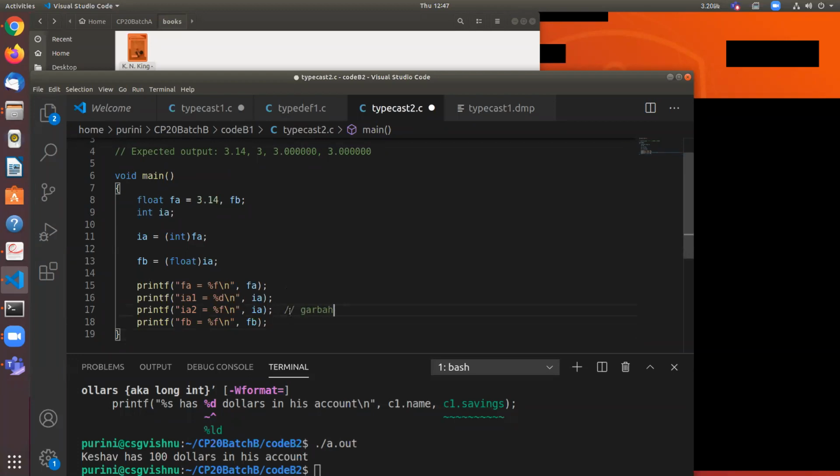There is a reason to believe it could print garbage, because IA is an integral representation and we are trying to interpret it as a floating point number. So there could be garbage, 3.14, something like that. And this is 3. So this is either garbage or 3.0, depending upon how the compiler is designed, and then the last one will be 3 point